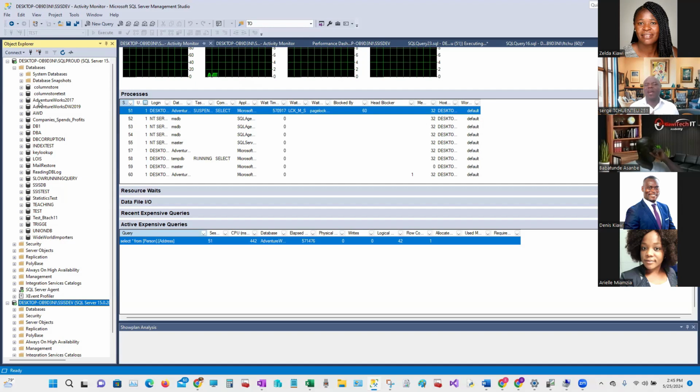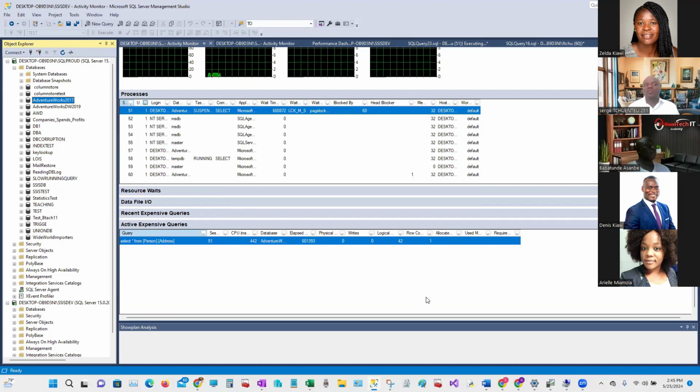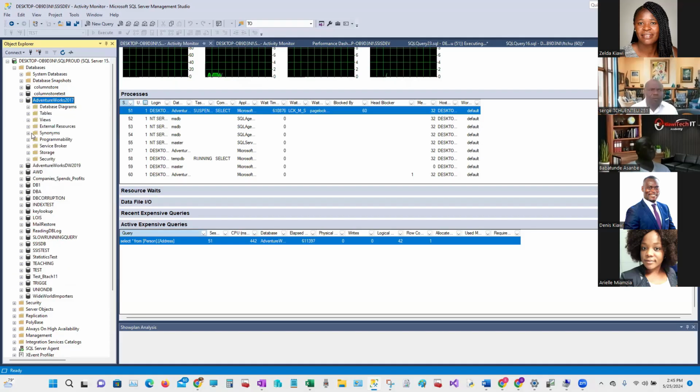If I have a slow running query, first of all, I need to identify a little bit where the query is. And if I know what database the query is in, you right click on this, you go to properties. At the properties level, you can activate it. Right now for this, you see, it's turned off. So I need to turn that on, read and write, and then I will say okay. Actually, in your environment, it has to work like that. And if you want now to track what the issues are, then you can now